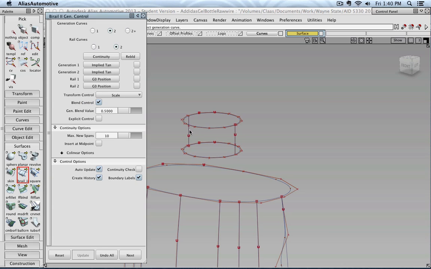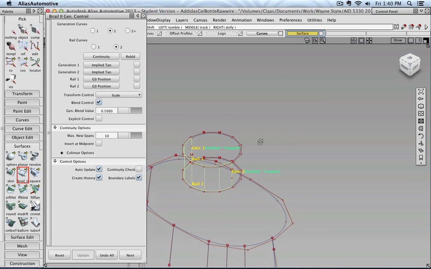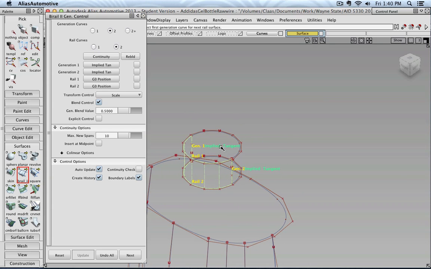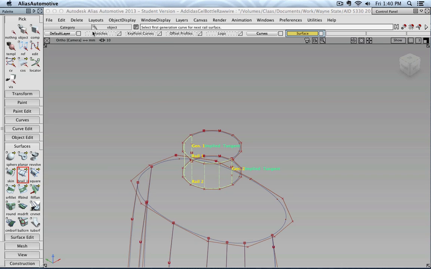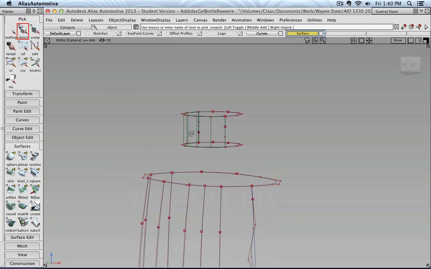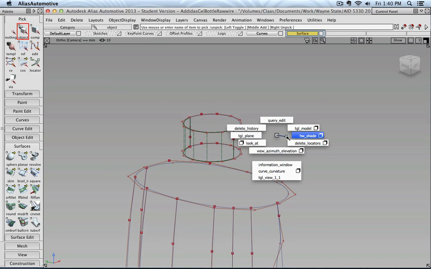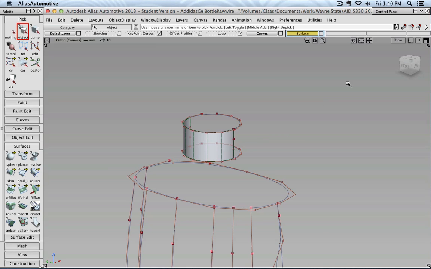Then we can select our generation curves and then the rail curves. And let's see if everything is set correct. You see generation 1 implied tangent, generation 2 implied tangent. So everything is fine. We can leave it at that. And right now we don't really see the other surface. It's actually there. We just have to reset the